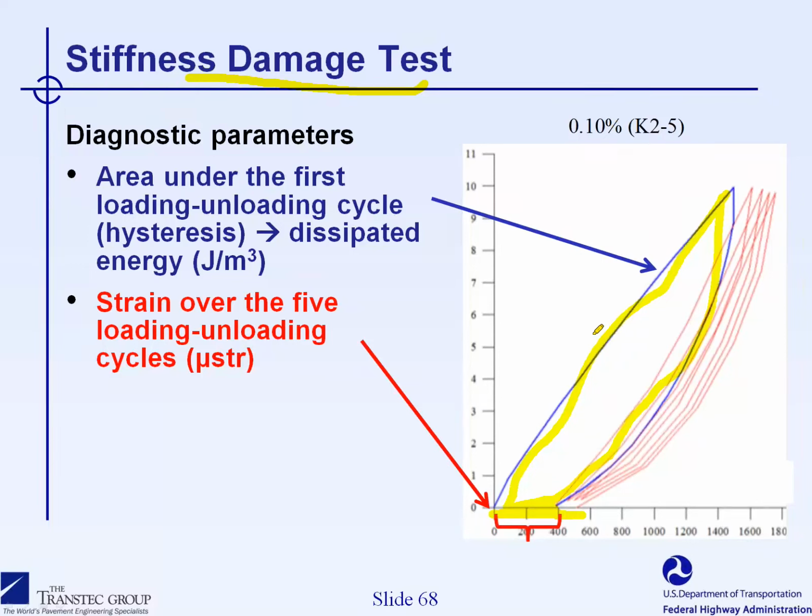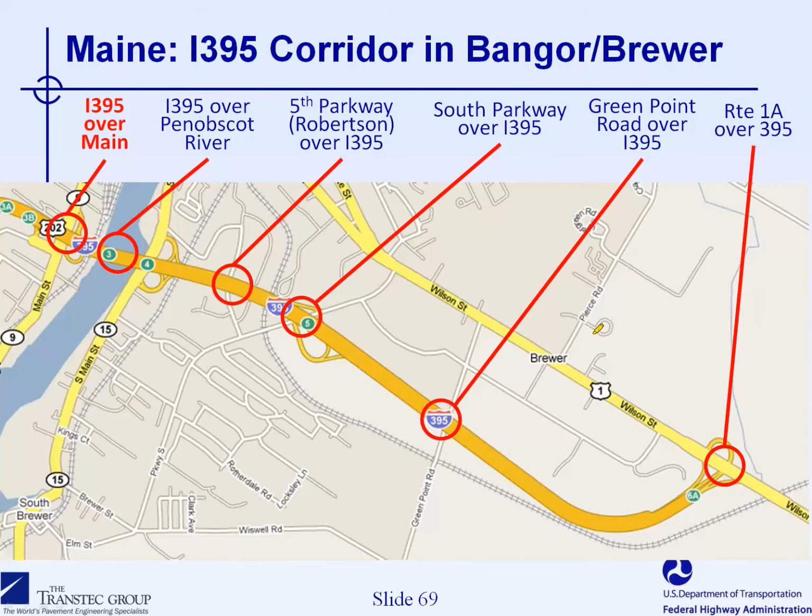So those two tools have been used extensively to characterize deterioration due to ASR. And I'm going to give you an example of the application of those tools, once again for the structure in Maine,